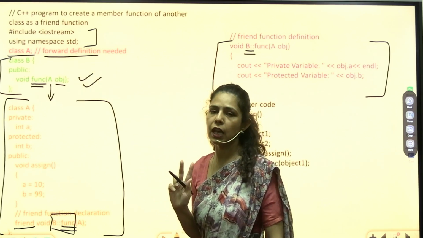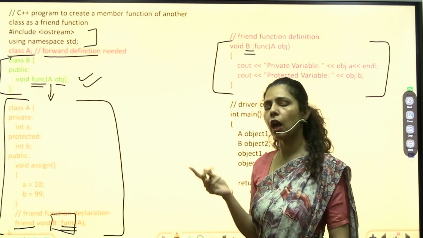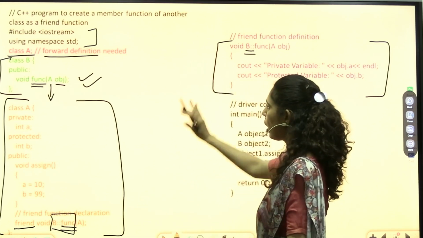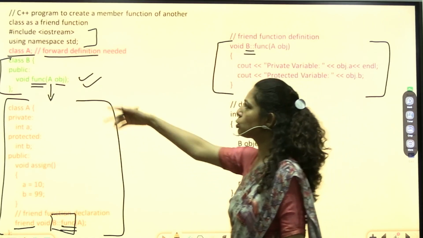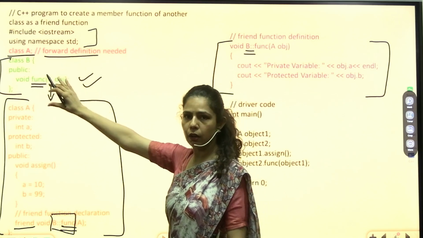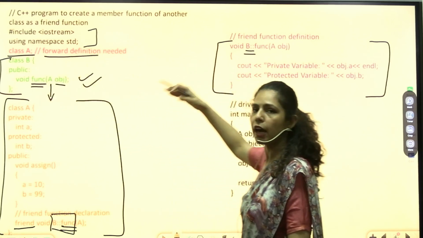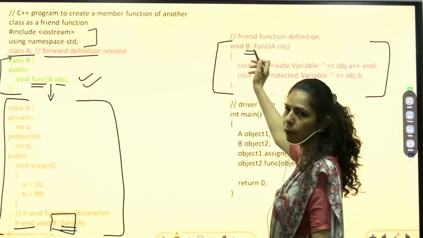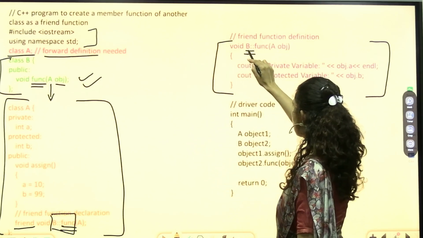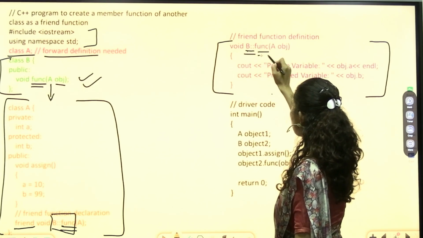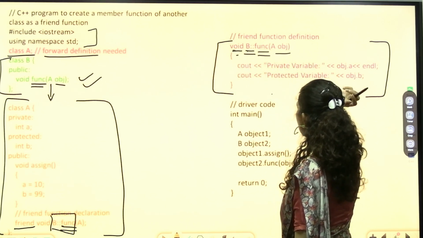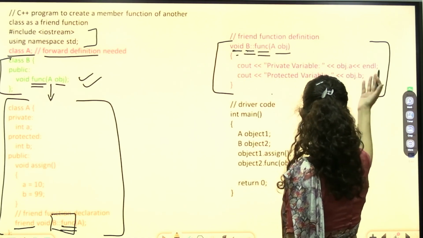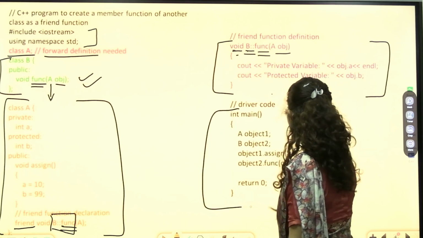So we had two scenarios. One was a global friend function and the other was a friend function that belongs to some other class. Here our friend function is not an individual function but it belongs to class B. We have declared it here and defined it outside the class. When we want to define our function outside the class, we have to give the class name and scope resolution operator, so we have given them here. This is the name of our friend function. This is the return type. These are the arguments. And we are doing the same thing here, that is displaying the values of obj.a and obj.b.